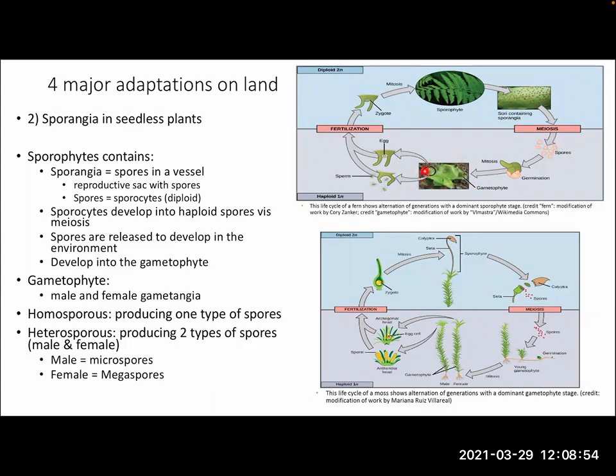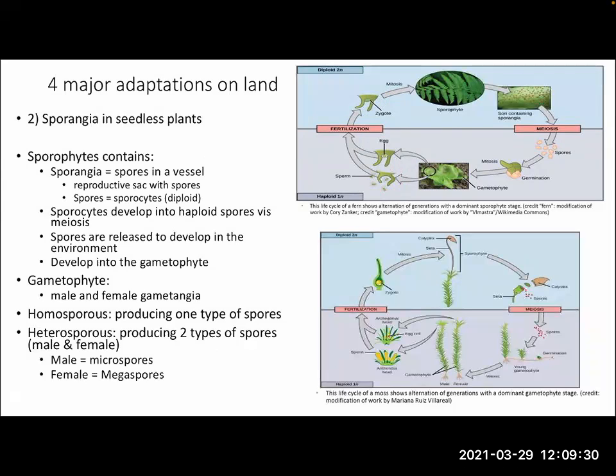The gametophyte for ferns are very small, like we see here. And on that gametophyte, there's actually a male and female structure. The male structure will release the sperm. The female structure contains the egg. The sperm will swim to the egg, will fertilize and create a zygote that will then grow into a large fern plant. And so that's the difference again between the sporophyte dominant and the gametophyte dominant life cycles.